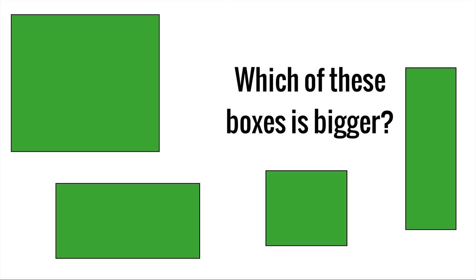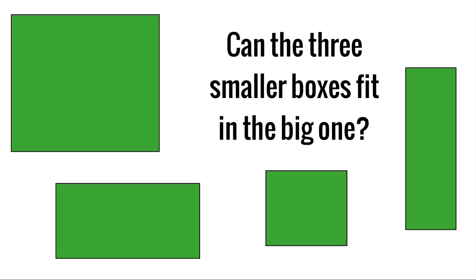And I can even make a more important determination, which is, can the 3 smaller boxes fit into the big one? Even if I can't eyeball it, I could cut them out and paste them over it like some sort of a tangram. In this case, I think they probably just barely don't fit. But that's in some ways the most important thing that we're providing with an estimate. The big box is the time we have, the smaller boxes are the features or the changes that we want to deliver, and can we fit them into the box?